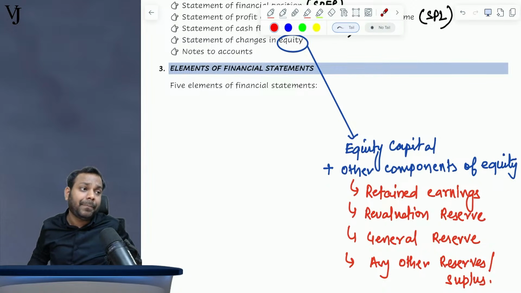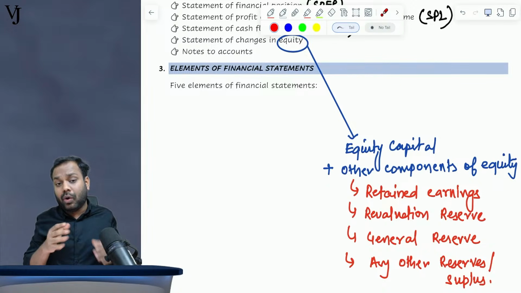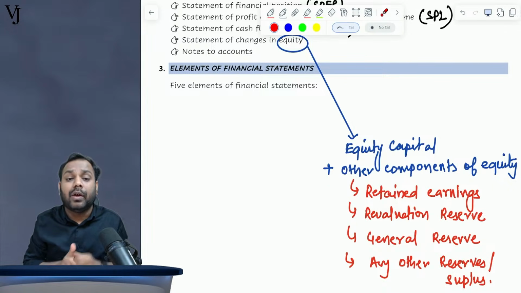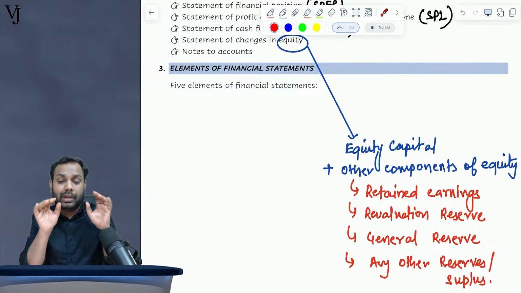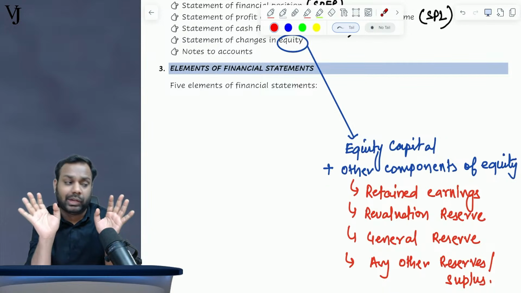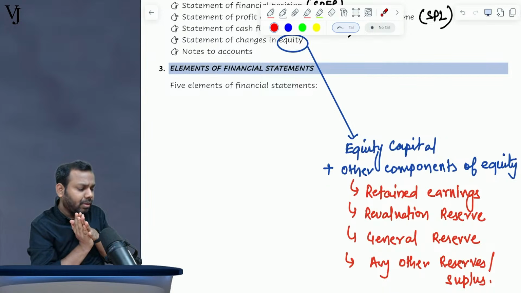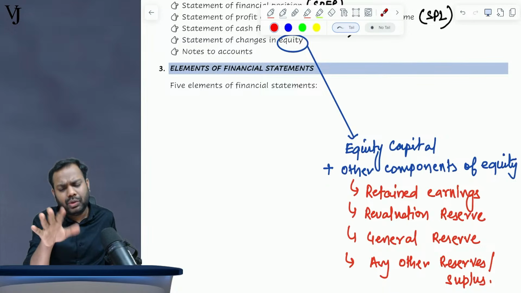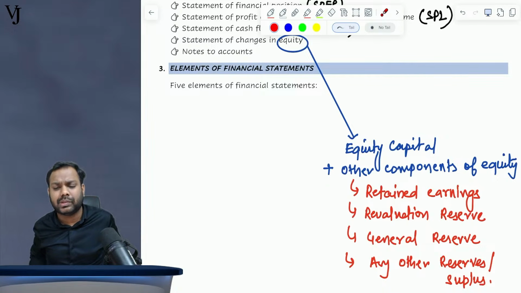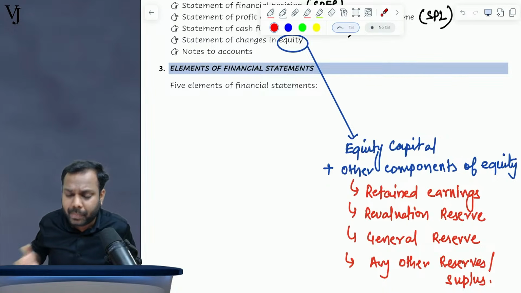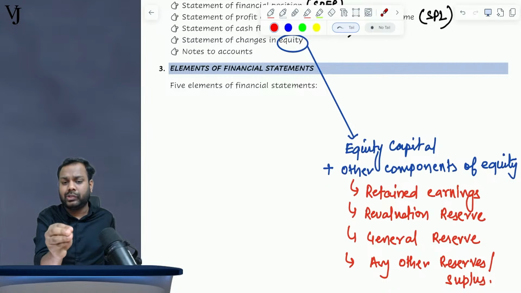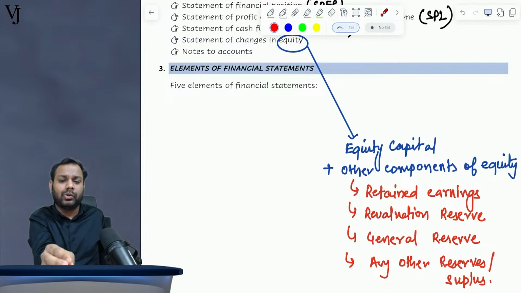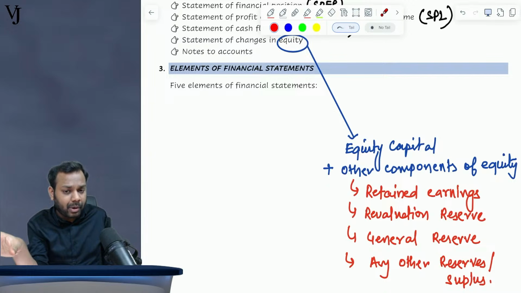Guys, again I'm telling you, the whole intent of this session is to make you familiar with these terms. For SBR students, I do understand that you would have heard these terms sometime or the other. But in my classes, I will assume that you have zero idea about the subject.